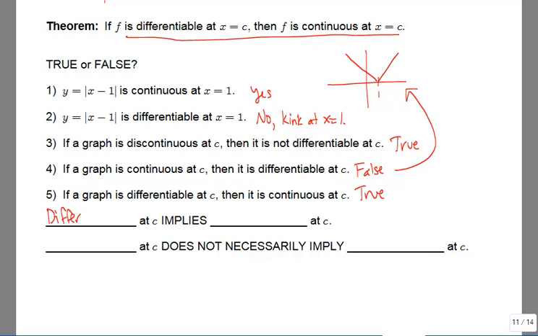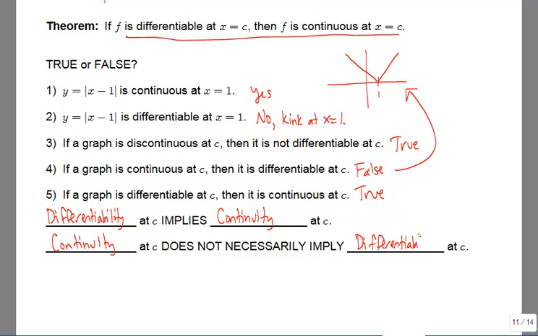Differentiability, and that just means having a derivative at C, implies continuity at C. So if you're differentiable, you must be continuous. But it doesn't work in the other direction. So continuity at C does not necessarily imply differentiability